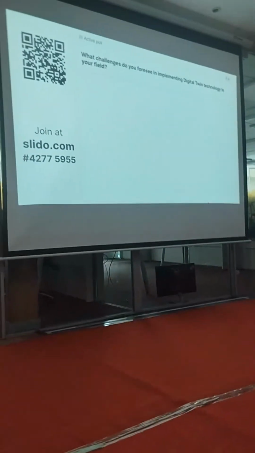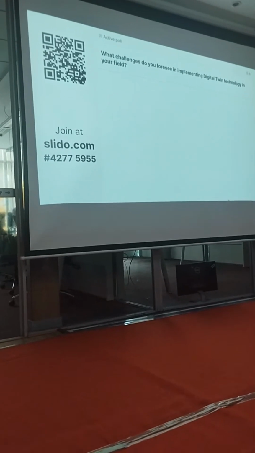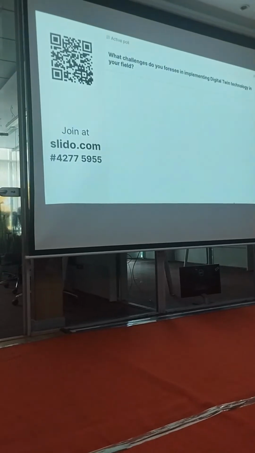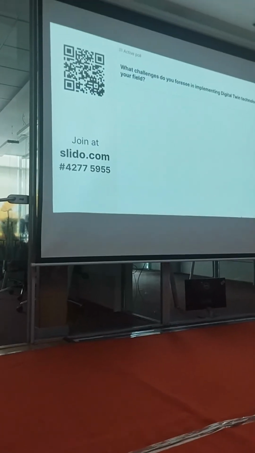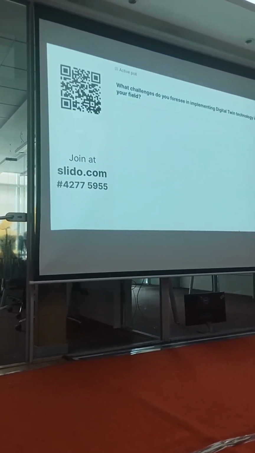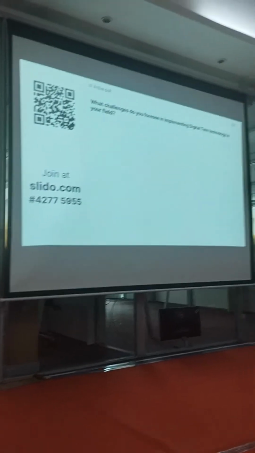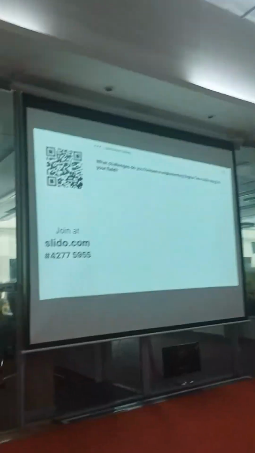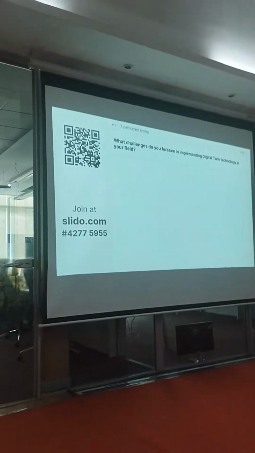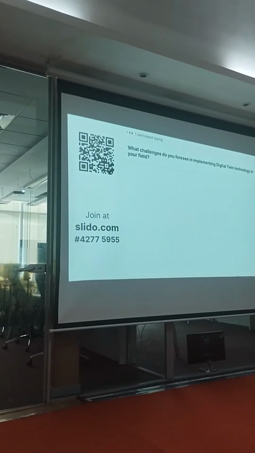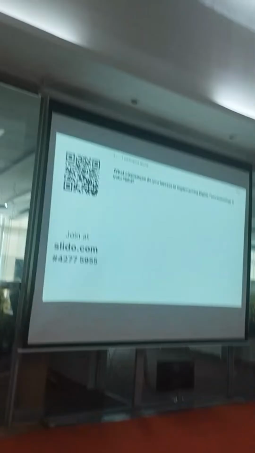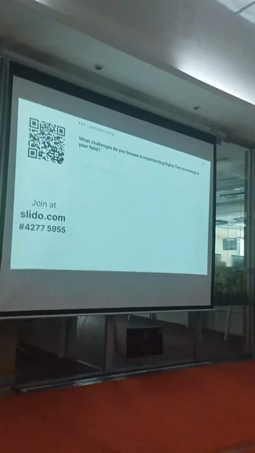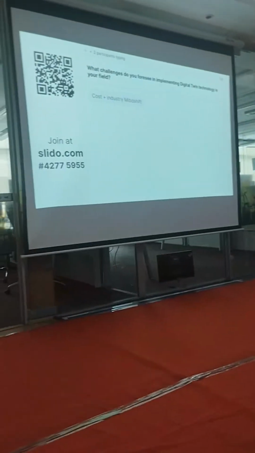Now I would like to hear from you, what challenges do you foresee in implementing digital twin technology in your field? I think you might also want to look at information bias, because bias is one of the greatest challenges in the entire world today. What we feed it is what becomes the raw material for the AI to look upon. Knowingly or unknowingly, there is data which is biased with certain factors, so the big question is how to clean those biases before feeding the information to the AI.